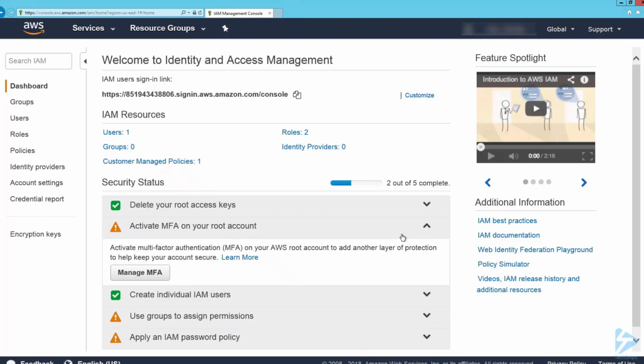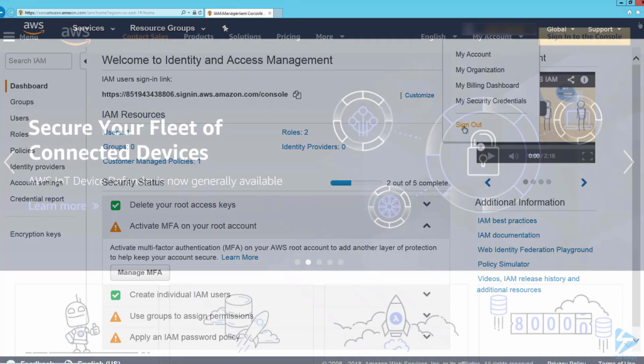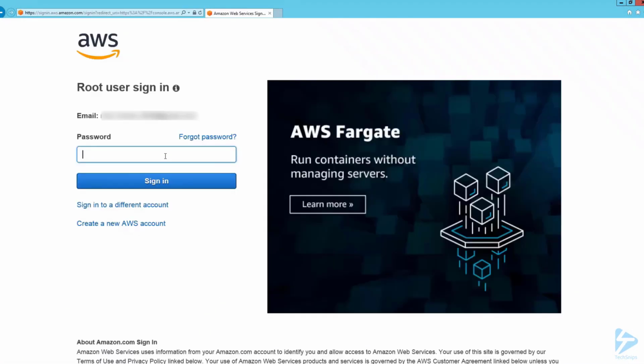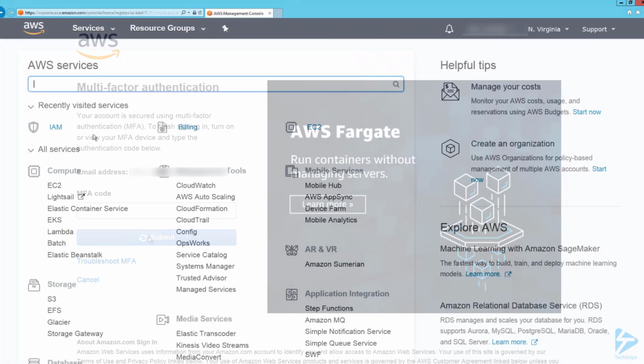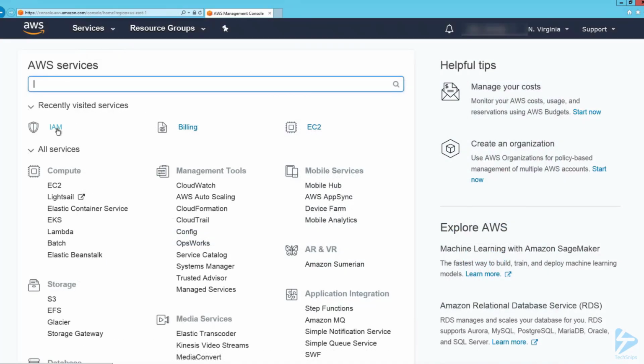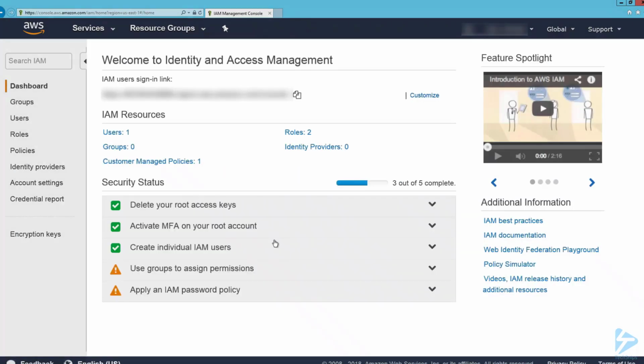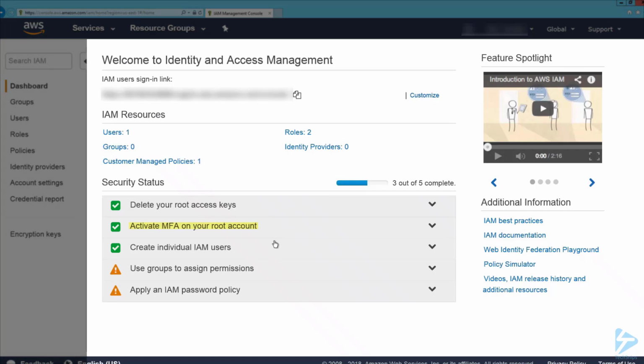Now we can log out and log back in. Now we're prompted for our password again. Then we click sign in. Now we're prompted for the MFA code. So I have to look at my phone now to retrieve this code. And that's us back into the console. So if I go back into Identity and Access Management,